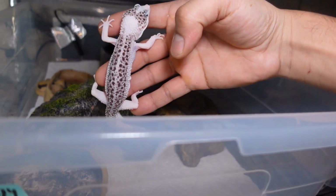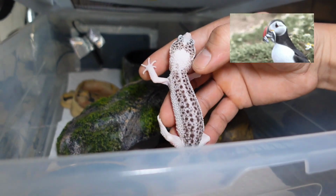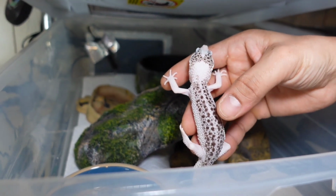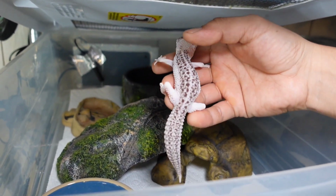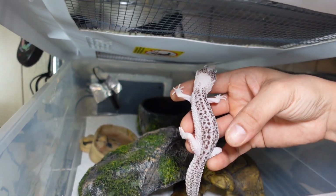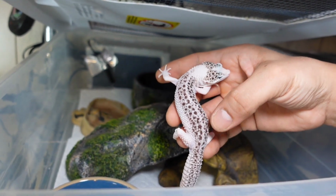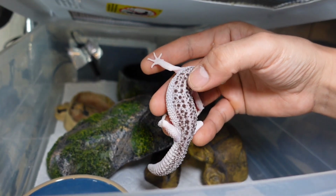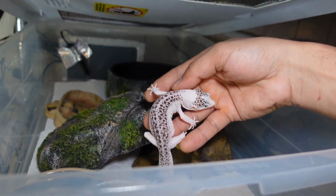So this right here, that is Puffin, and as you can see, this is actually what I was trying to show. For my Pied Galaxies, both male and female, they both have a pattern all complete from the tail all the way to the head. What I'm hoping will happen in the future is that I will have extreme pieds, which means that the pattern is going to be broken in different places. The same way that it's broken right here, by the neck, there's also going to be white patches on the rest of the body. That is my end goal with this